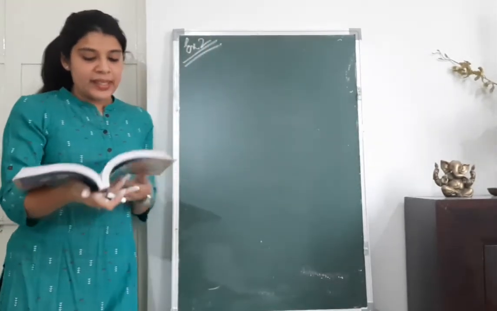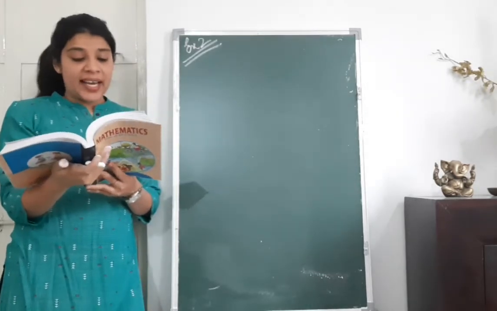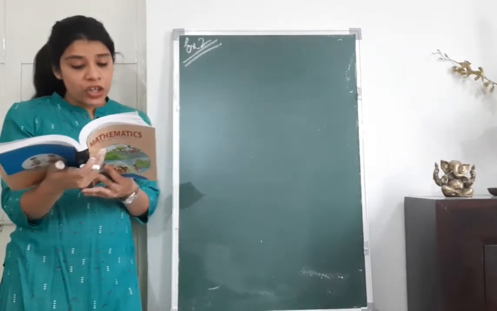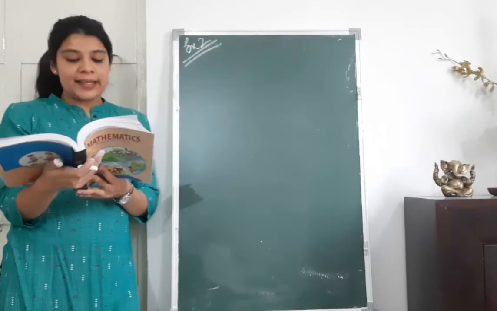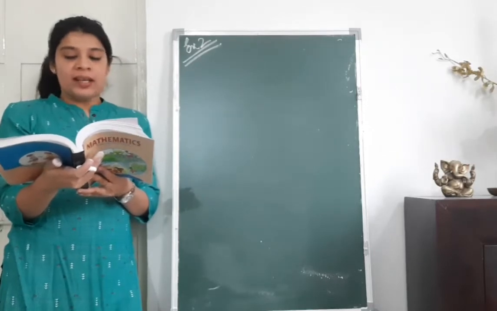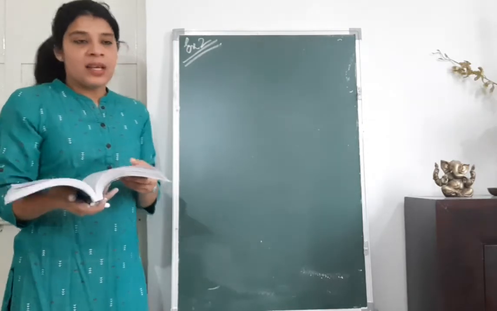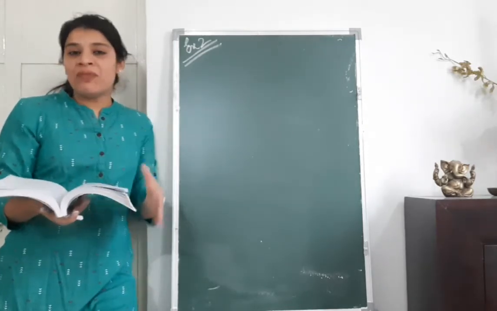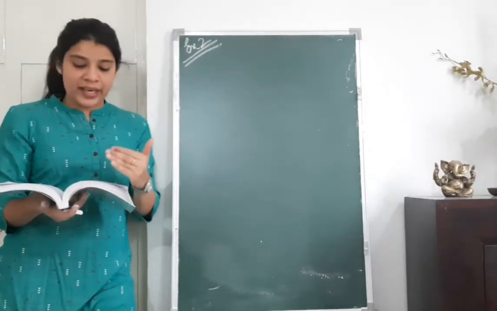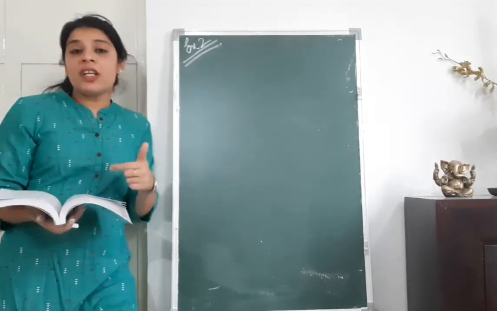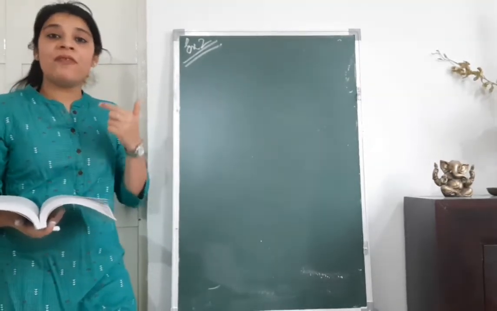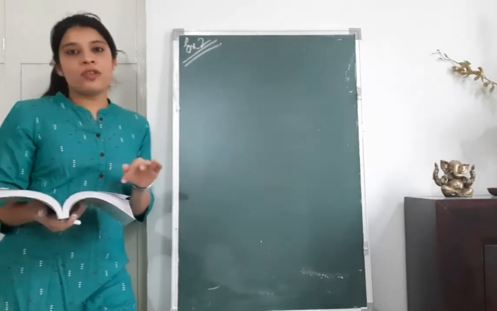See, example 2 is, if angle B and angle Q are acute angles such that sin B is equal to sin Q, then prove that angle B is equal to angle Q. These kinds of questions are important for you to practice, because if you do not practice these kinds of questions, then you will not be able to identify the approach which you have to use for these questions.